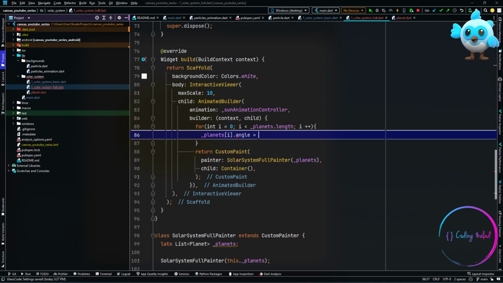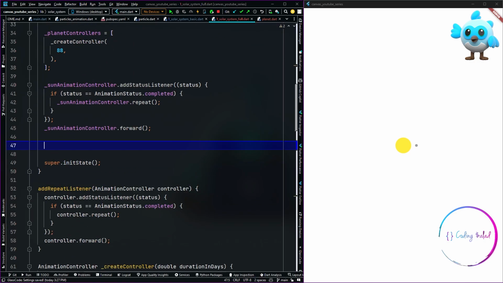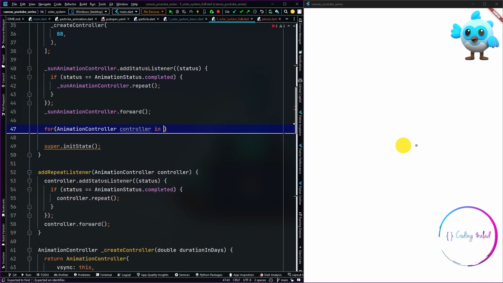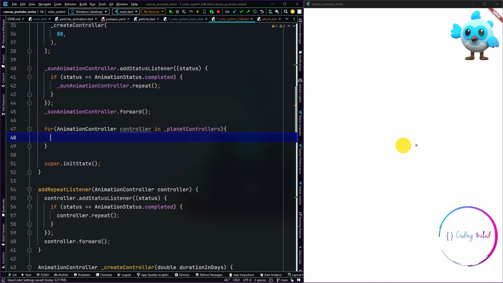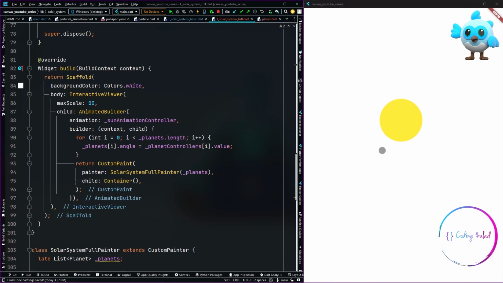So for each planet we will be setting their own corresponding animation controller value, and this will be the key that will be driving our animation forward. We also need to call the add repeat listener for all the animation controllers we have created. So looping through them, we have to call the method and pass in their own corresponding controller. And on hot restarting, we can see that we have an animation, and we can see Mercury is revolving